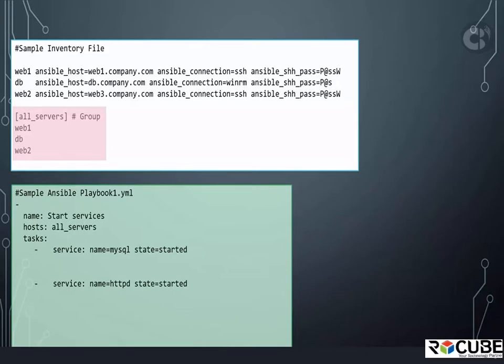And if you notice, we are running this play against the all servers group. Now, what would happen is Ansible will try to run this single playbook across all servers listed in the all servers group, which would mean Ansible will try to start the database services first and then the HTTPD service. However, we do not have database service on the web servers and we do not have HTTPD service in the